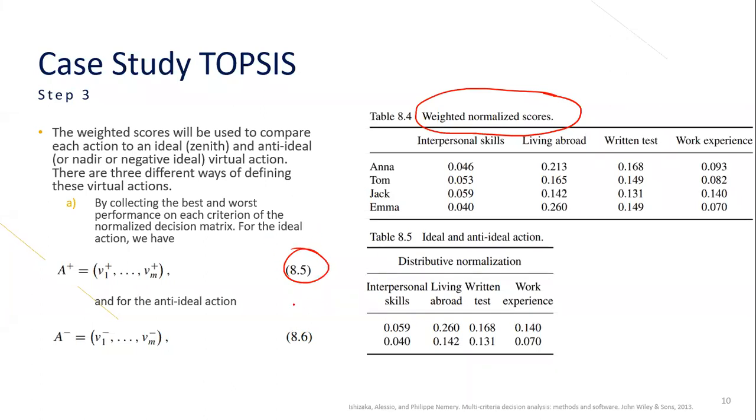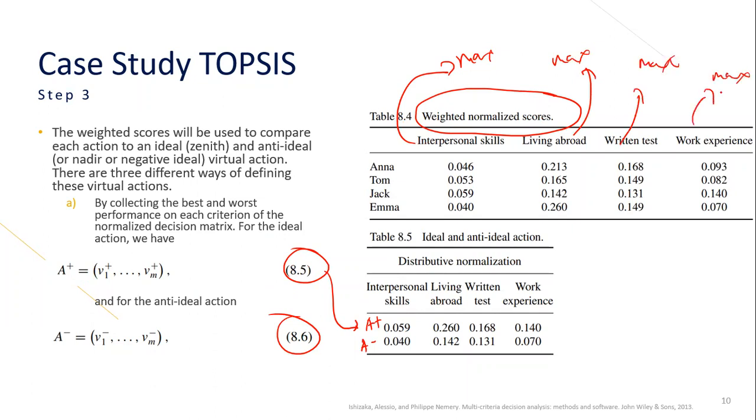How do you calculate the anti-ideal solution? Using this formula. So here, this one is A plus, this one is A minus. Basically, it depends on whether you want to maximize or minimize the criteria. This one is maximize, right? Previously, we already talked about it. All are maximized. So for a maximize, you want to find the